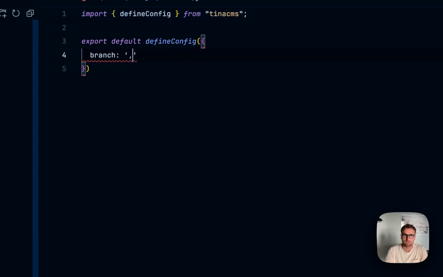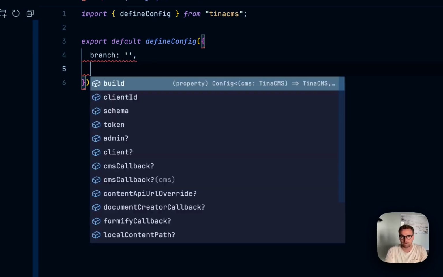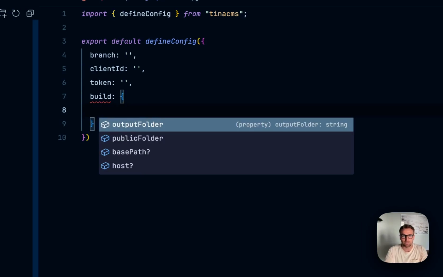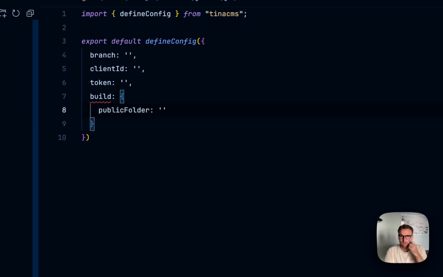First is going to be the branch. This is not something we need right now. It's something that we'll need when we go to deploy, and that's going to be the same for the client ID and the token. We can ignore those for now. The thing we do need right now is the build information. So the way Tina works is that it bundles up a single page app, and then it loads it onto your framework's website,